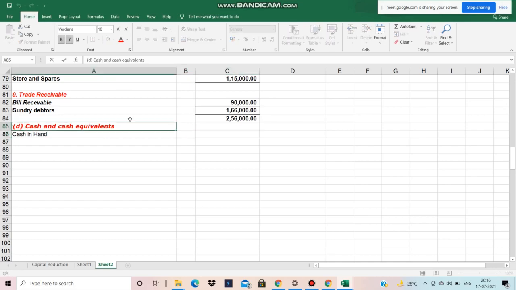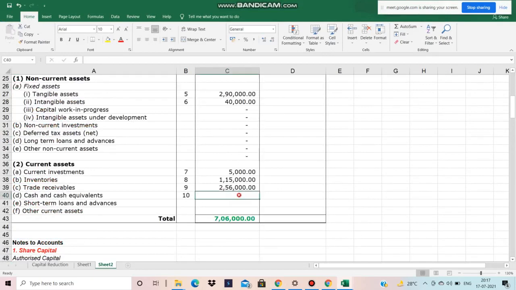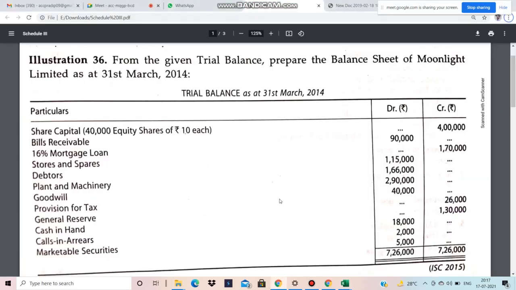Under the head of 10. So what is the value of cash in hand? 2,000. Okay, so here, no, sorry, it's 80. So under this head,